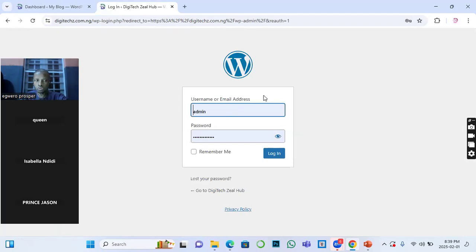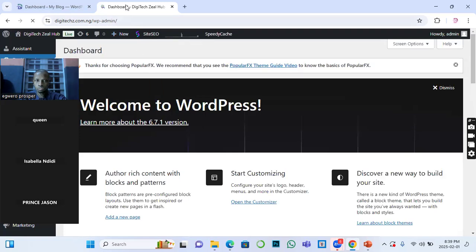So for those of you that I gave an account yesterday, that was the reason why I was asking you to save your username and your password. So once it brings out this, it is already programmed on admin. So all you need to do is to input your password and click on login. So once you log in, that will not take you to the dashboard. So what I did now, you don't have to go through